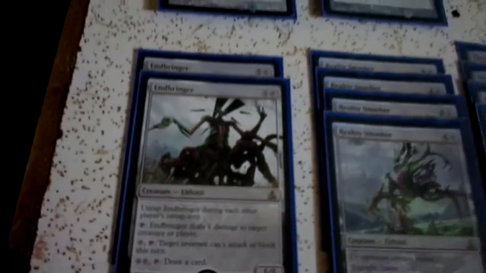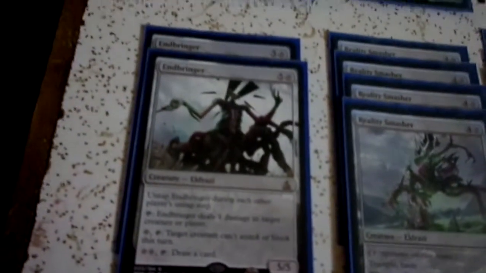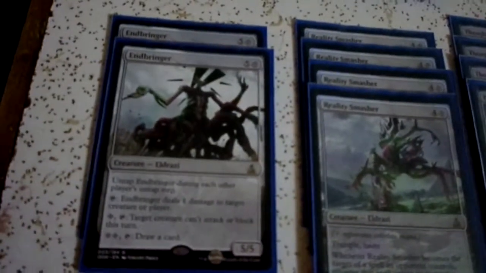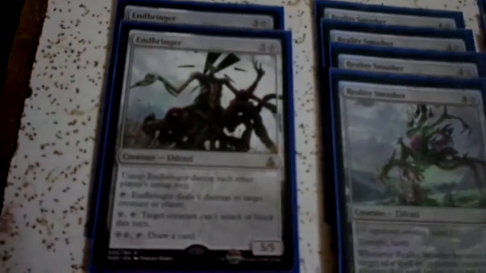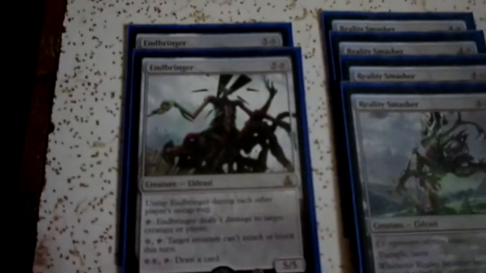So now we're going to go into the creature base. We have 2 copies of Endbringer. Endbringer I prefer for 2 reasons: 1, additional card drawing, and 2, the ability that I can have target creature unable to attack or block. Target creature can't attack or block. So, against maybe a Show and Tell deck or a Reanimator deck, your opponent brings in Griselbrand. Sure, they could draw the cards, but they can't attack with them,